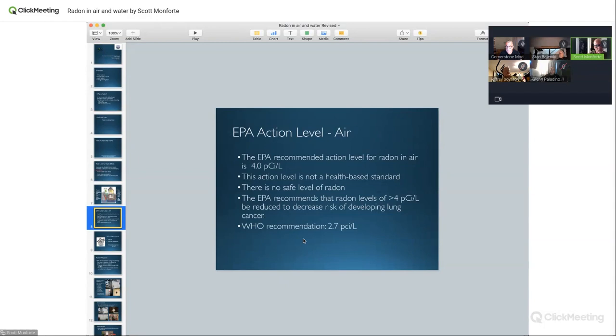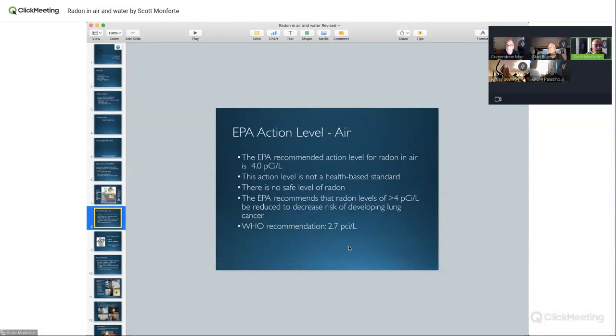Can we get the levels less than 2? I would say anybody that has asked me to get as low as I can, I tell them it is achievable, but we may have to do more work than our standard 1 suction point. We can put 3, 4, 5, 6 suction points if we have to, bigger fan. Most of the time, if they want it less than 2.7 or less than 2, I tell them up front, let's try it with 1 system. Let's get it below 4 and see what it does. And a lot of times it goes down very low and they're very happy, and we don't have to spend a lot more money. And I try to be fair with the people when I'm doing those mitigations.